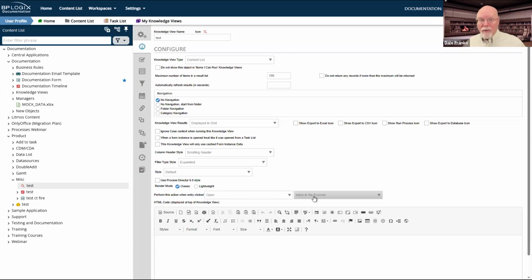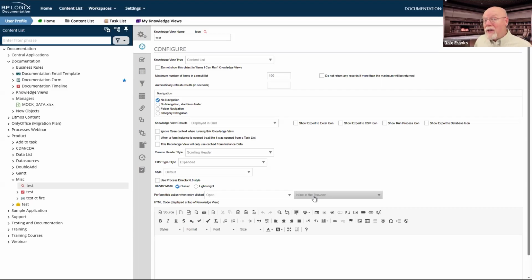That was the behavior of the product. Now, it would work if you were opening up process timeline instances or any other case instances or whatever. You could open up them inline in the browser, but everything else for forms specifically, inline in the browser didn't mean anything.